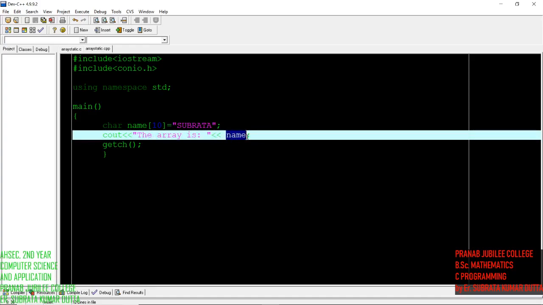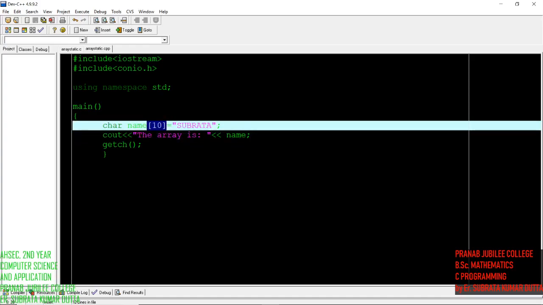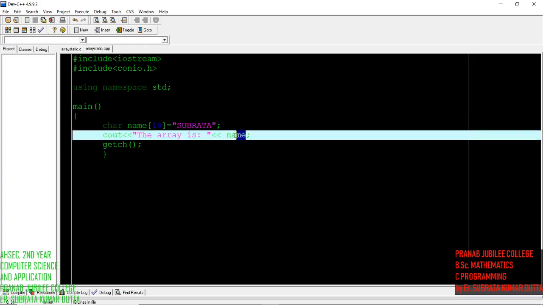Same here, we write the array name, that is name, because the array is the variable here. We no need to give the index number, because if we use the index number, it will only show the value at that index. So when we have to print the whole array at once, we can just write the array name, we no need to show the index or size of the array.